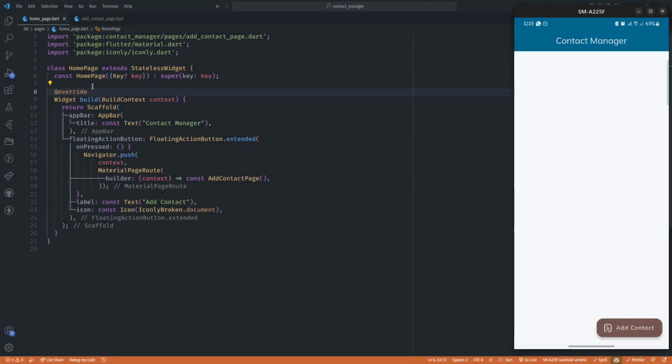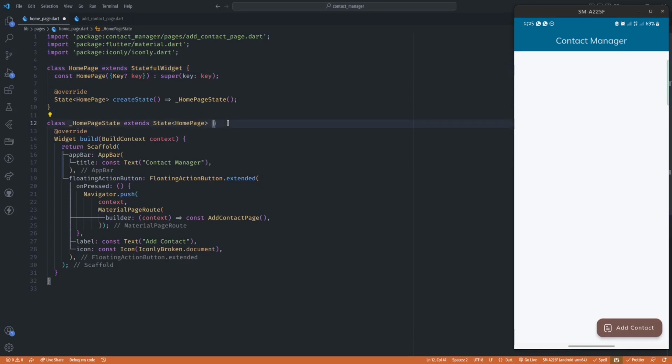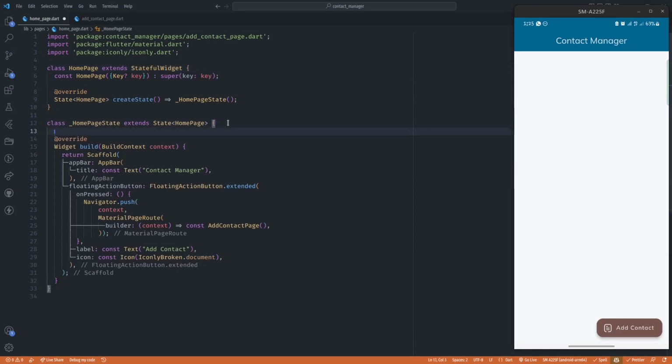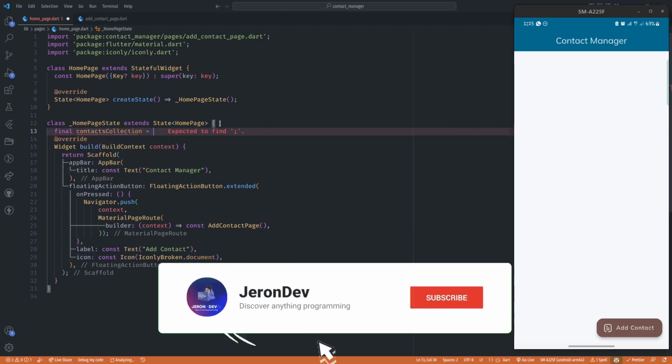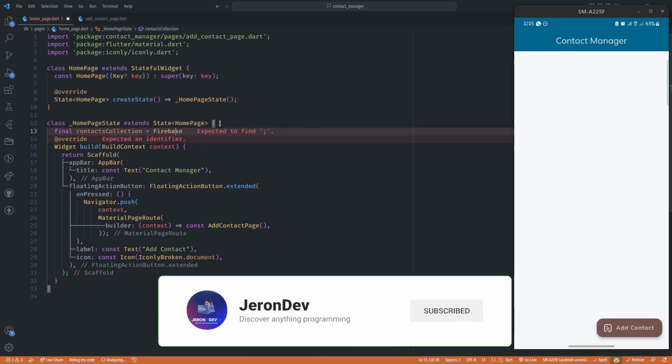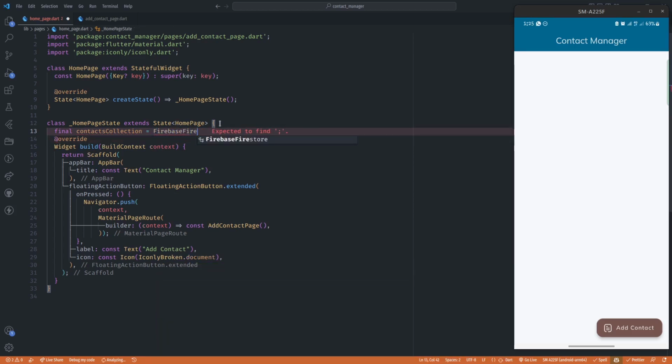So back in our home page, the first thing we want to do is to convert our stateless widget into a stateful widget, and now we'll create a variable under our state that will point to our contact collection in Firestore. So I'm going to create a variable called contacts collection, and that will connect to Firebase Firestore. So FirebaseFirestore.instance, and there is our whole database. Then we want a collection,